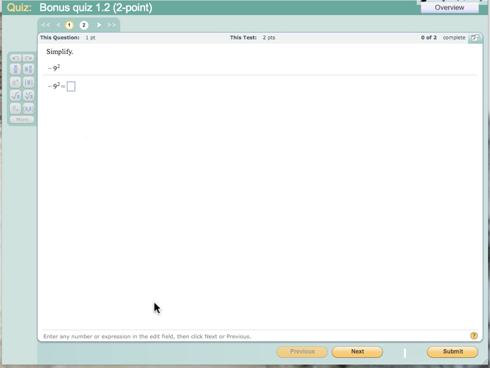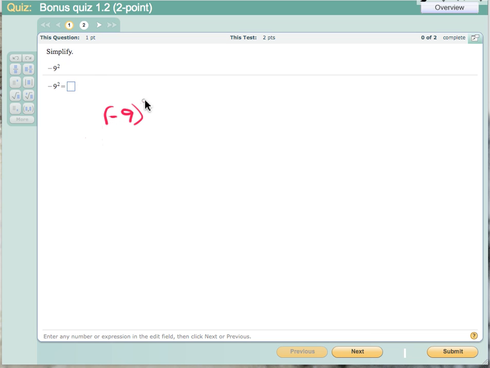Everybody, I am inside the bonus quiz for 1.2, and I wanted to get after this because these are some core fundamentals that can really haunt you if you don't get off to the right start on them. You'll have to deal with this sort of situation a timeless number of times as we move through the course. And it's very easy to go astray here because in a sense this could be this situation,